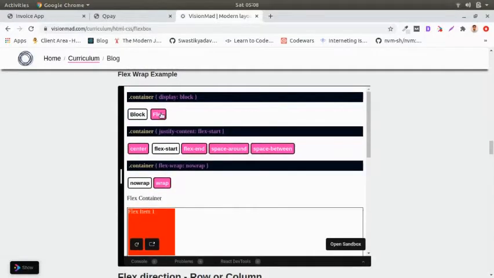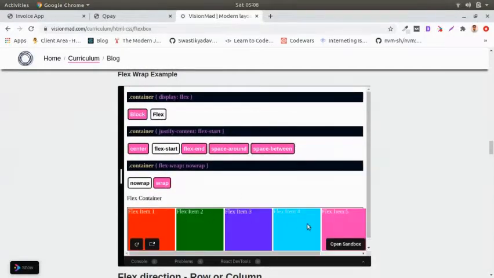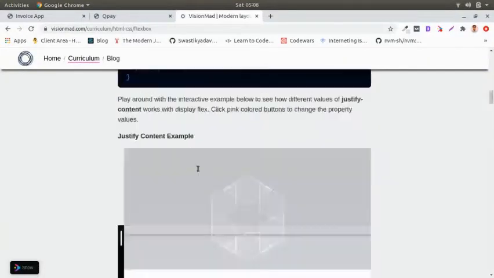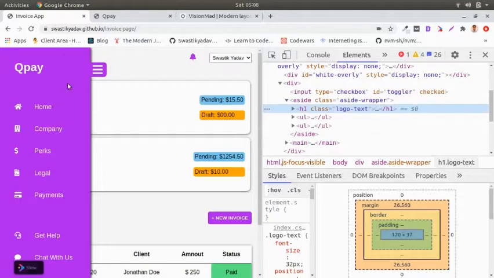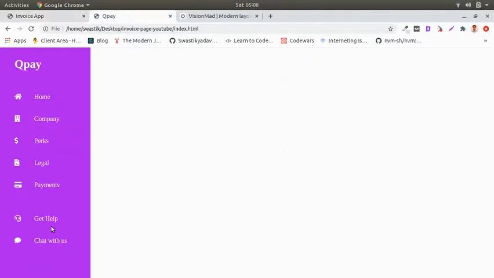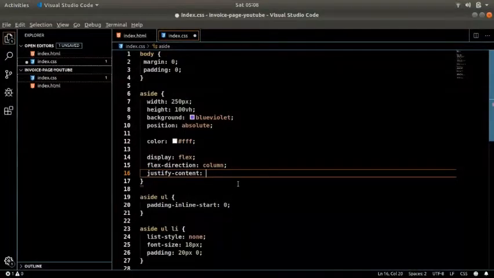So right now it's block. If you change it to flex, you see how it works. So you can play around and have fun learning. Okay, moving on. Okay, now yeah. So justify content, which right now will align the vertical thing, because now I have changed the direction.